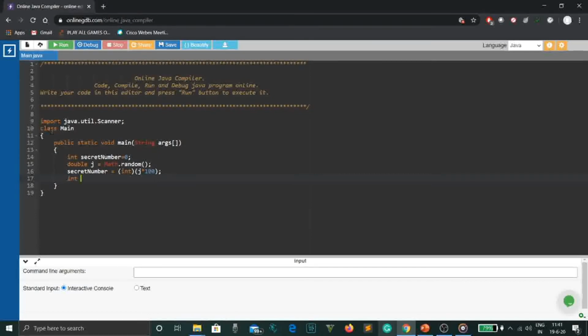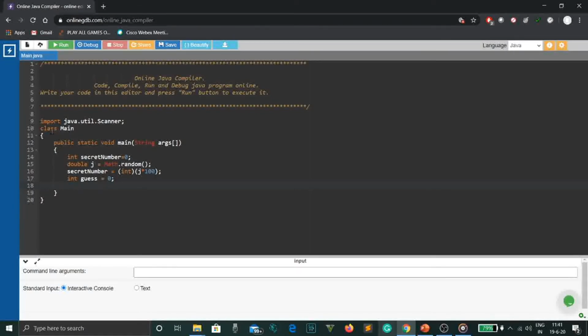Now we take another variable, guess, which is the variable that we are going to store the value we guess in. So let's initialize that also as int guess = 0. Here we have done that. Now we'll take int low = 1.